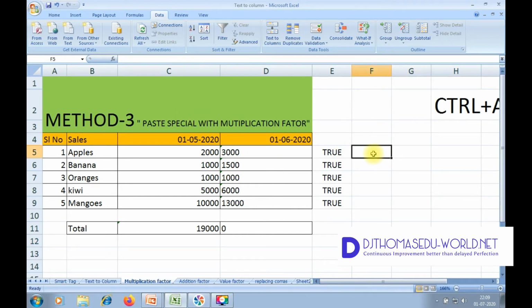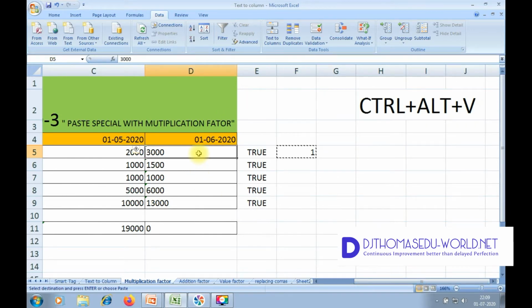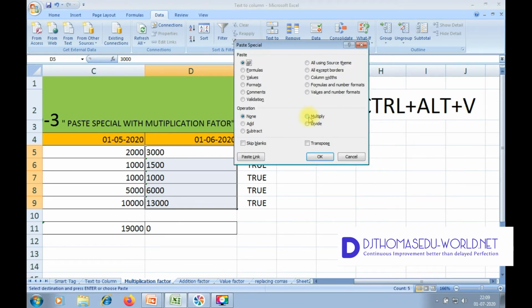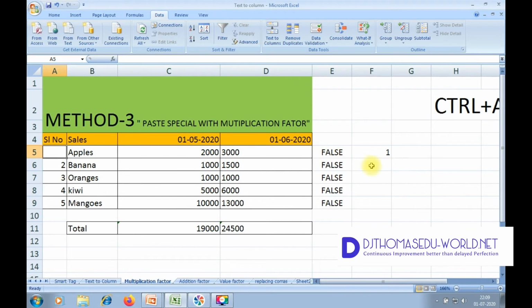Here I will just type 1 and press Ctrl C. Now I will select all the cells and press Ctrl Alt V, and we get the Paste Special window open. Click on multiply and give OK. Here the condition is false, indicating that all the values which were text are converted to numbers. So based on the conversion to numbers, it has taken the addition also.